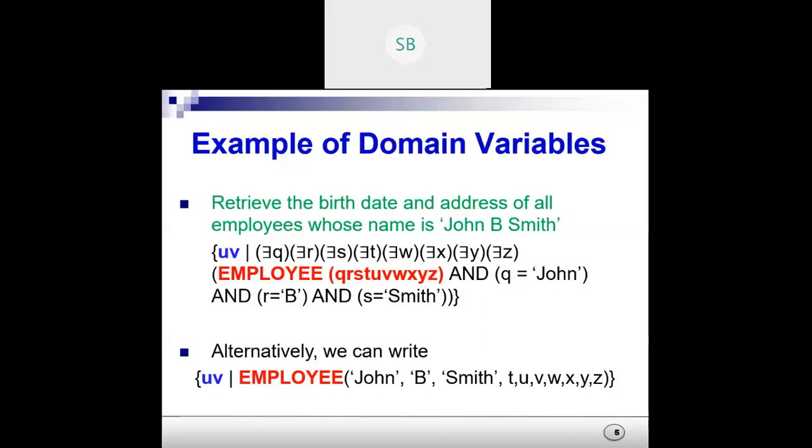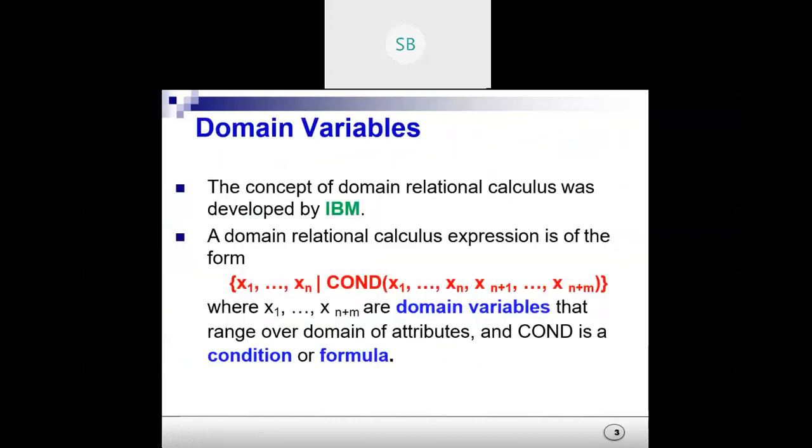What about the others? Please, if you are getting confused with this convention, not to worry. Just check the simple one. We have taken the variables U, V because we have assigned the variables to the attributes birth date and address. Then we took the table, and we replace the first name, middle name, and last name with the values John B. Smith. Nothing else. We have just written it, and the others will be the same. This is a condition, right? Same thing.